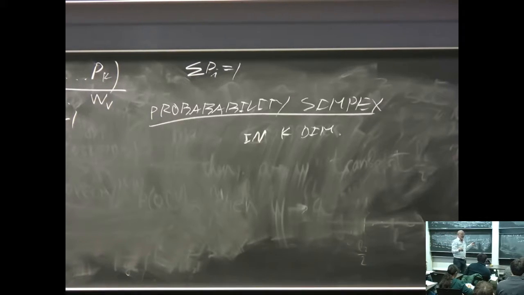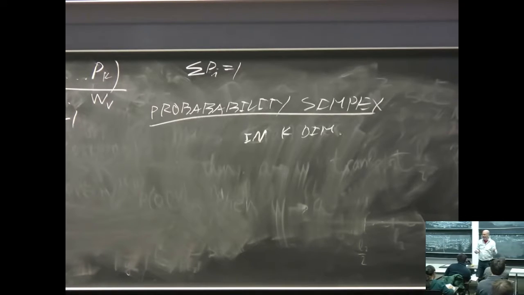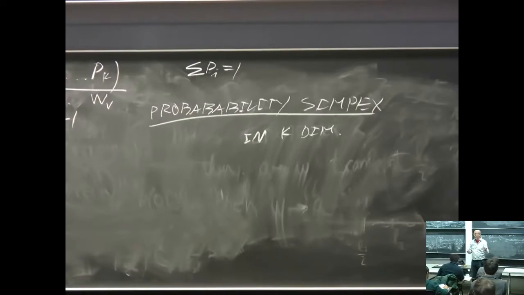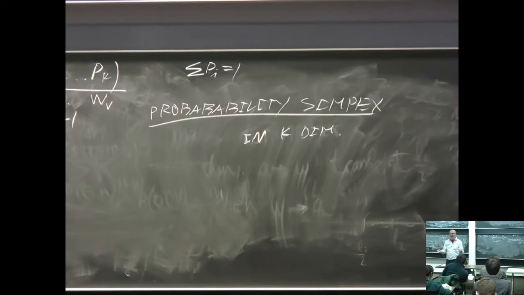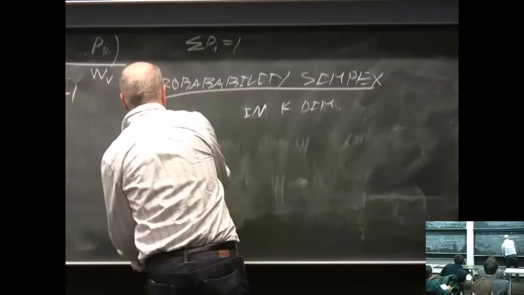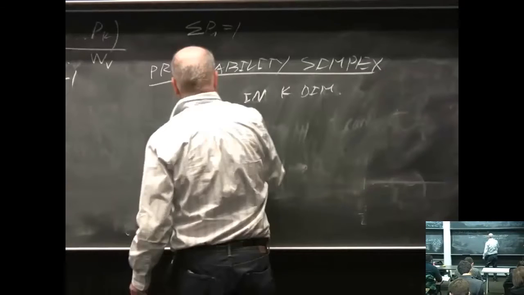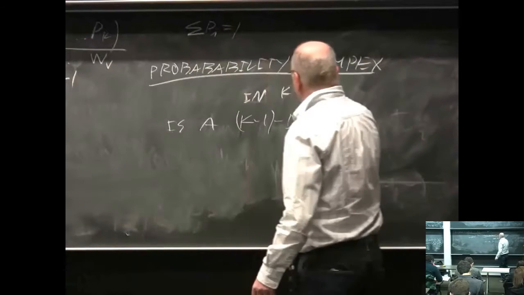The probability simplex is a manifold of what dimensionality? k minus 1. You can see that because it has k minus 1 degrees of freedom. You can choose k minus 1 probabilities not in an unlimited, unrestricted way because you cannot exceed 1 in the sum, but you have infinitely many choices for each one of them. And the last one is fully determined. So the probability simplex in k dimensions is a k minus 1 dimensional manifold